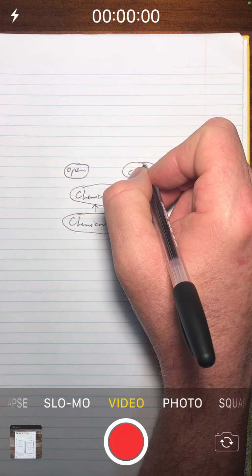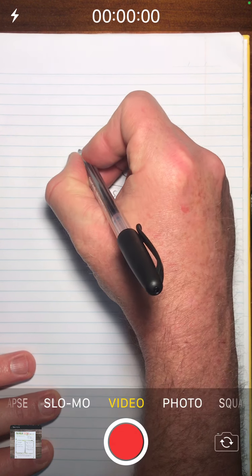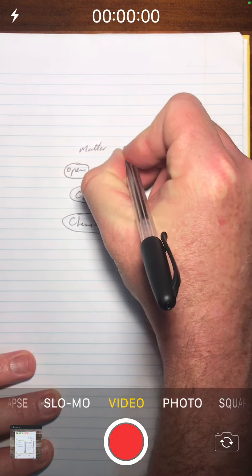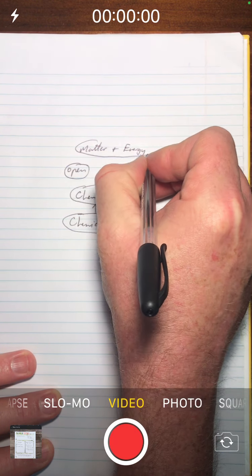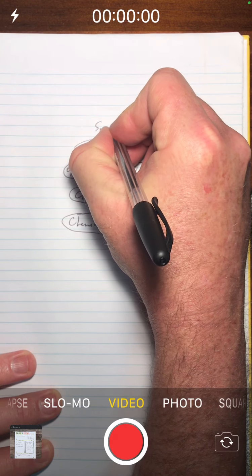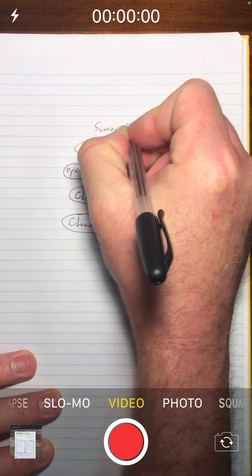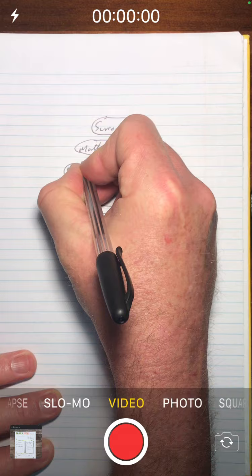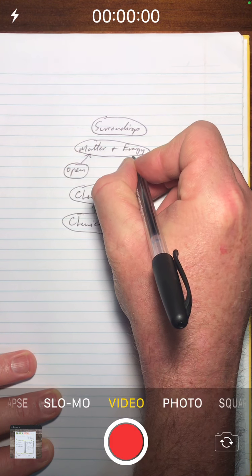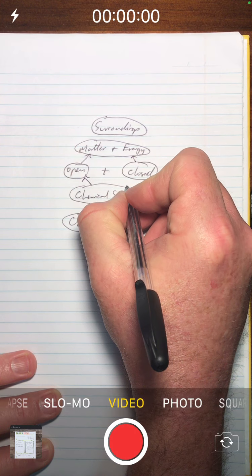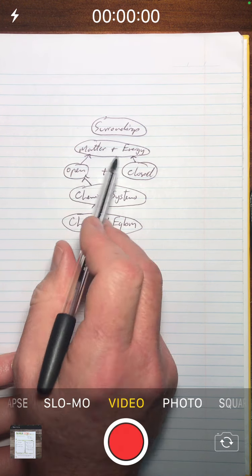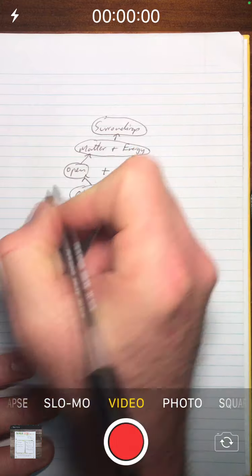Okay, now if it is open, we get exchange of matter and energy with the surroundings. So add those together. So a chemical system, if open, we get an exchange of matter and energy with the